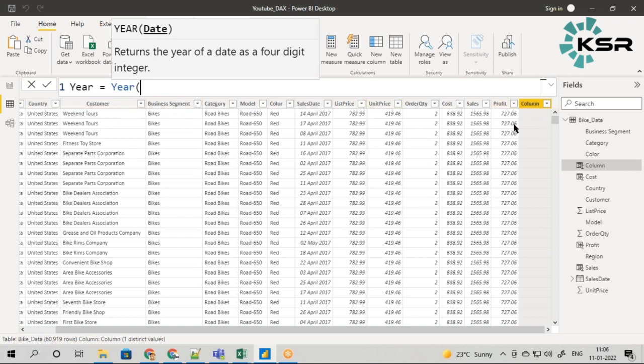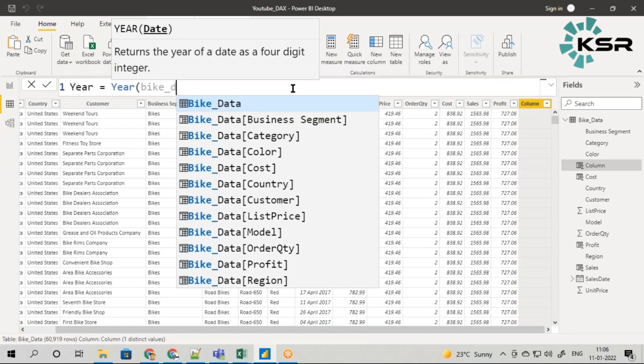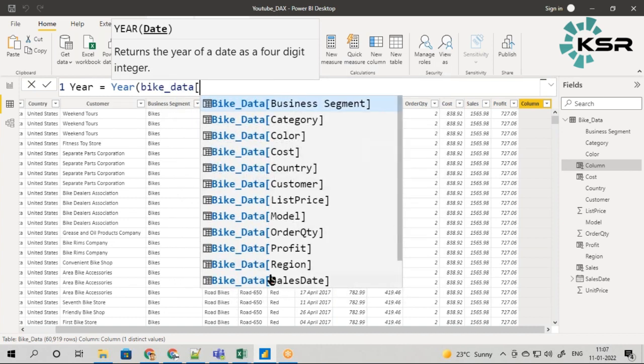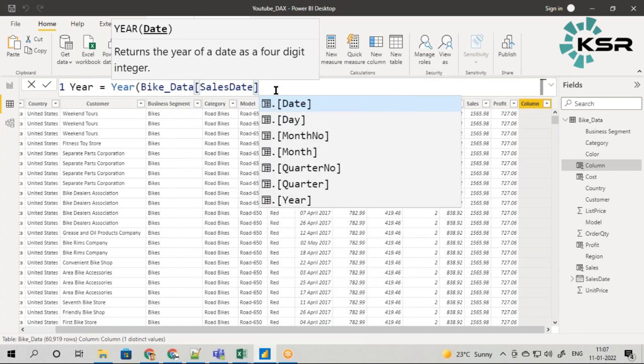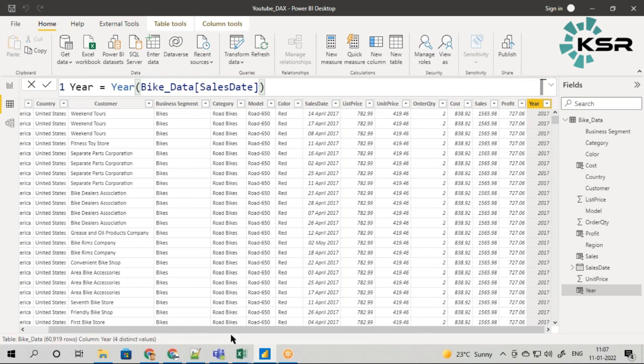Among all the columns, the date column is the sales date. I can simply write bike data of sales date. One good advantage of writing DAX functions is that all the functions will be auto populated, which makes your work easier. Now I just click enter. A new column has been added, which is year. So from the sales date, I have extracted the year.